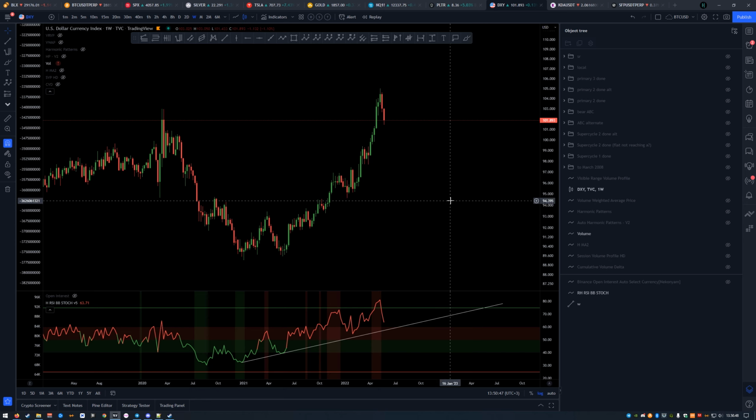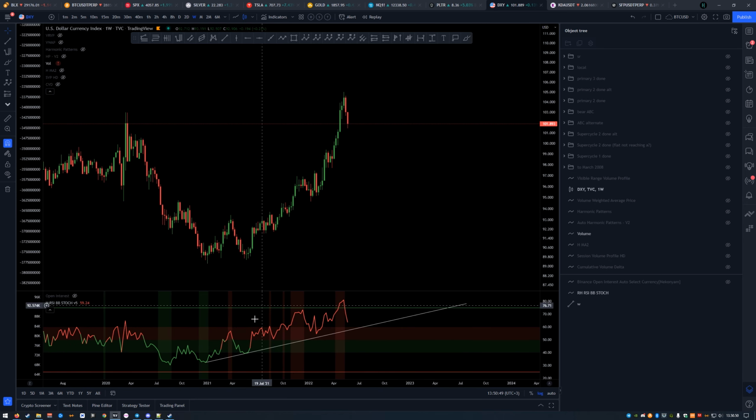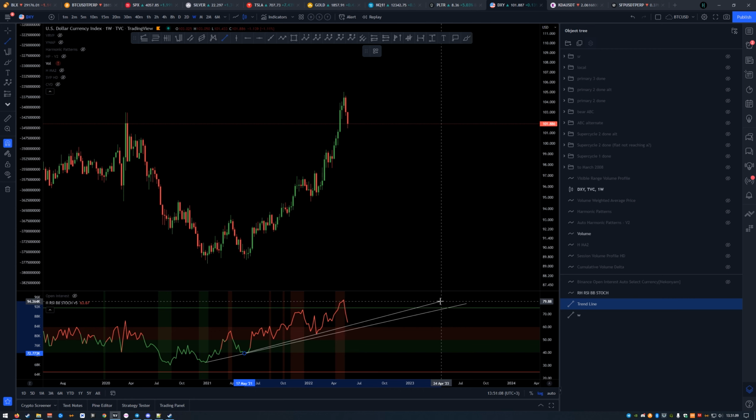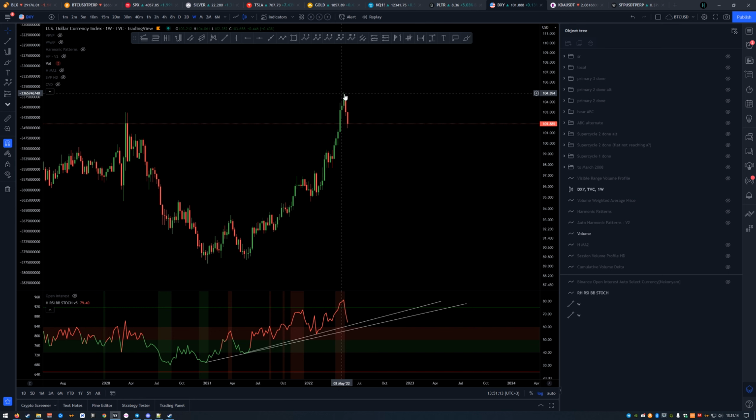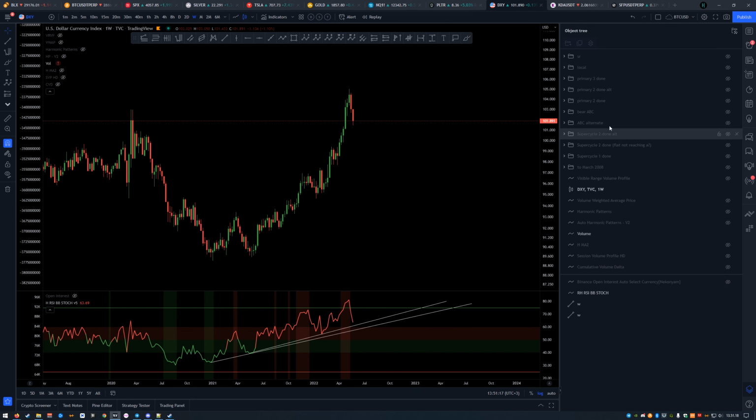So let's get going. Again, starting from a weekly time frame, we can see some kind of not divergence, but a trend line here on RSI that has not been broken yet. So even though we have been correcting here, we have not broken this trend line yet, and I'm still looking into this, that we are just possibly correcting a bit and then continuing upwards. I have a count that ends here as well as an alternate, but again we'll see which one of them comes true in the end.